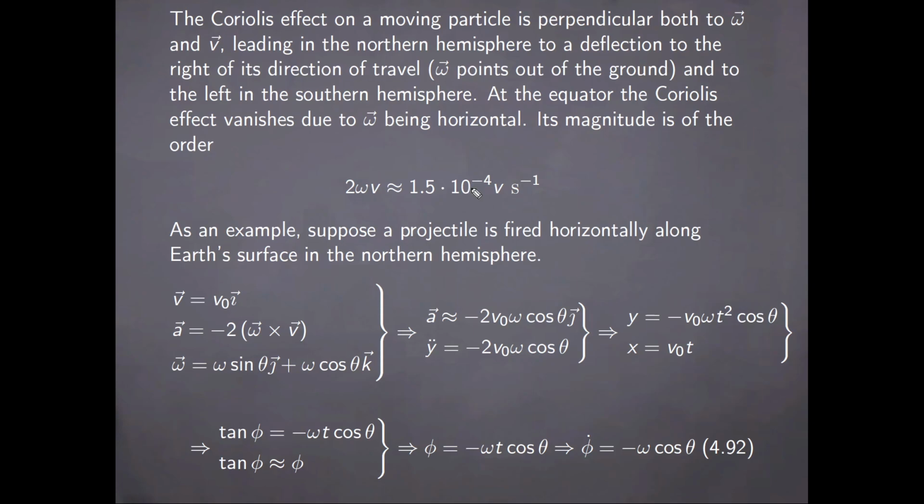So again, it's a fairly small effect for usual velocities. And as an example, we can consider the case of a projectile that is fired horizontally along Earth's surface in the northern hemisphere. So the velocity is going to be parallel to Earth's surface, and then the Coriolis acceleration is given by the cross product here, where